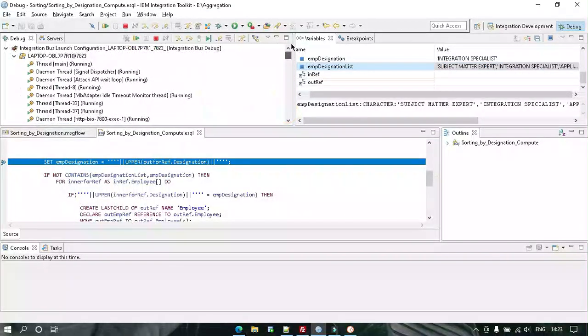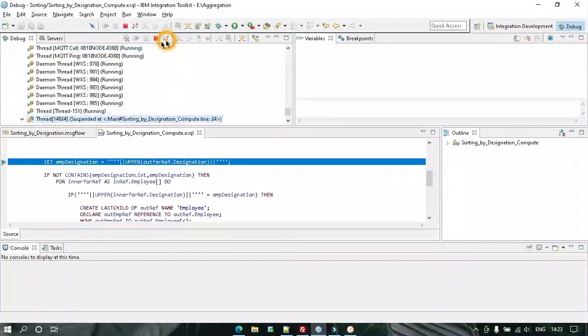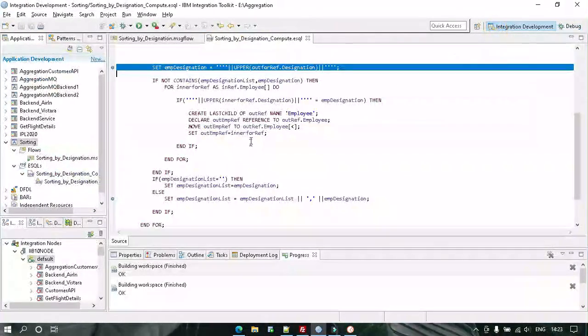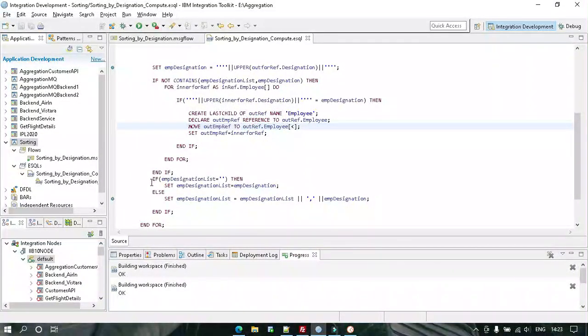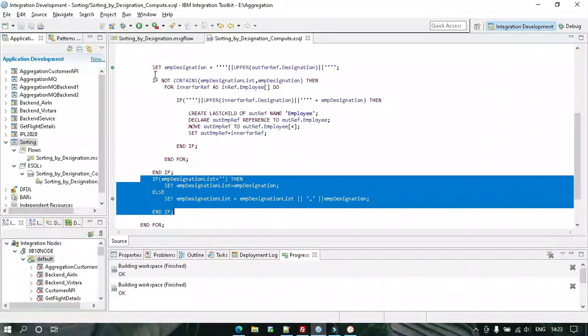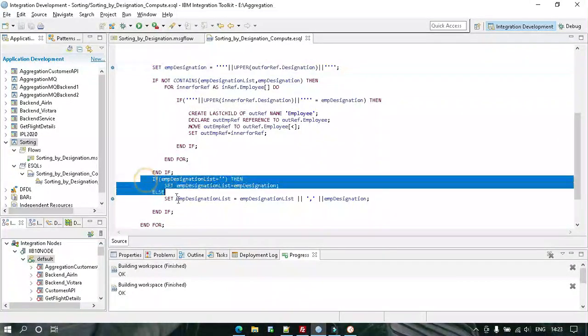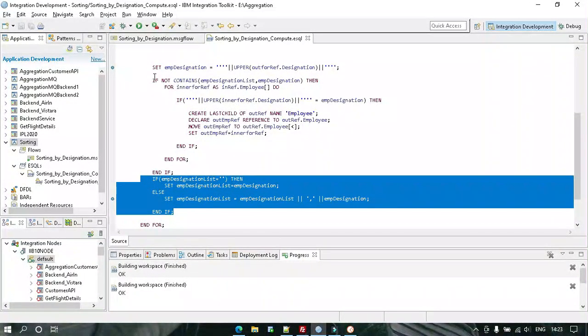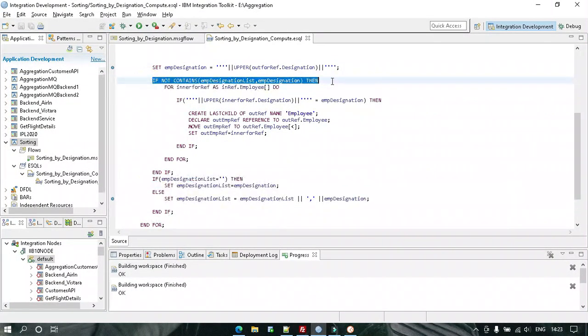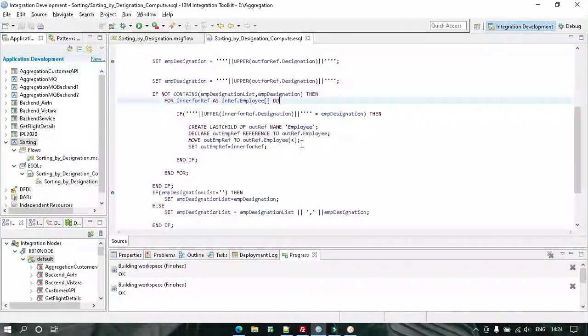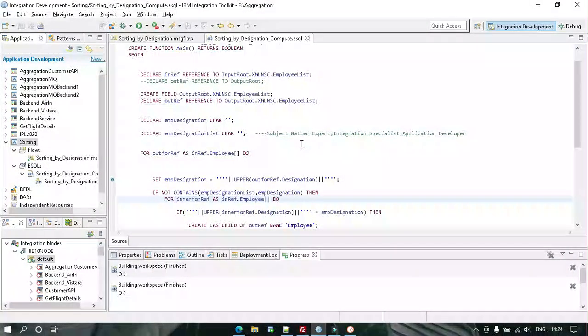So this is also a way of checking uniqueness. Suppose there is some repetitive data, but in output you only want unique data. Then you can apply this logic. This is a good logic. Just write this line: create a list and put this if not contains, and your job is done. So this is one solution.